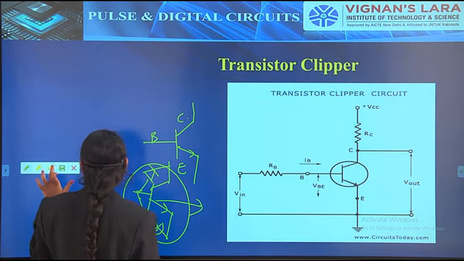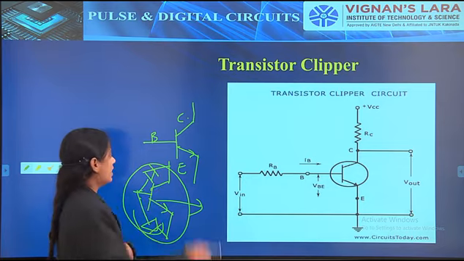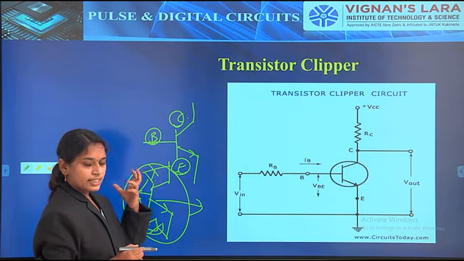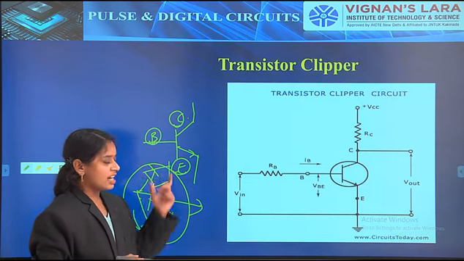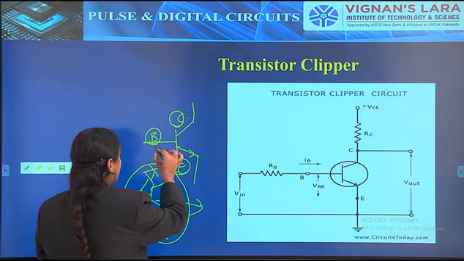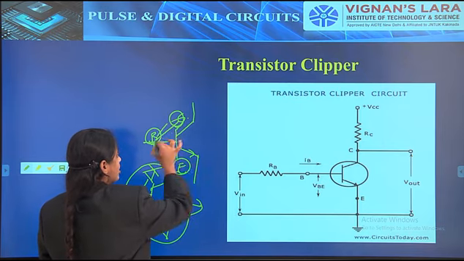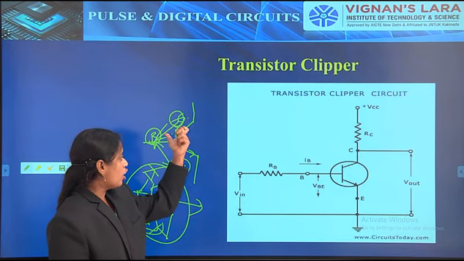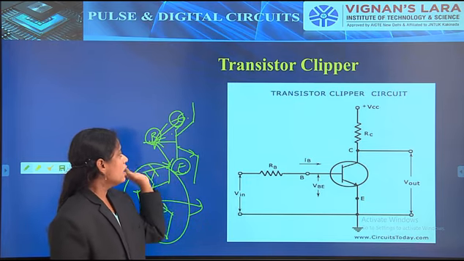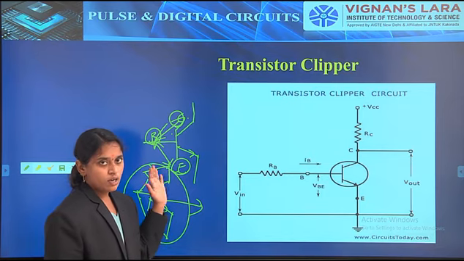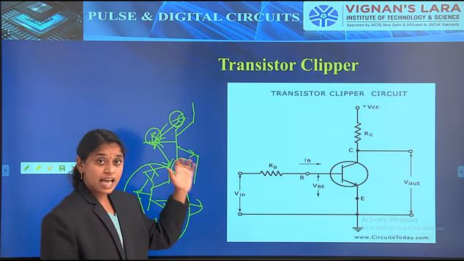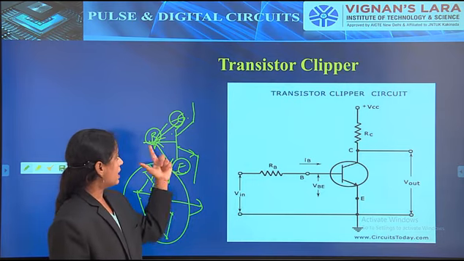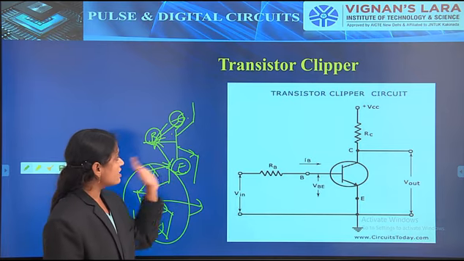At the same time, a transistor consists of three terminals, that is base, emitter and collector, and it consists of two junctions. The junctions are the base emitter junction and the base collector junction. These junctions are formed with diodes. Simply we can say that the transistor is designed with diodes only. In the base emitter junction we use one diode, and in the base collector junction we use another diode. So that is about the transistor.